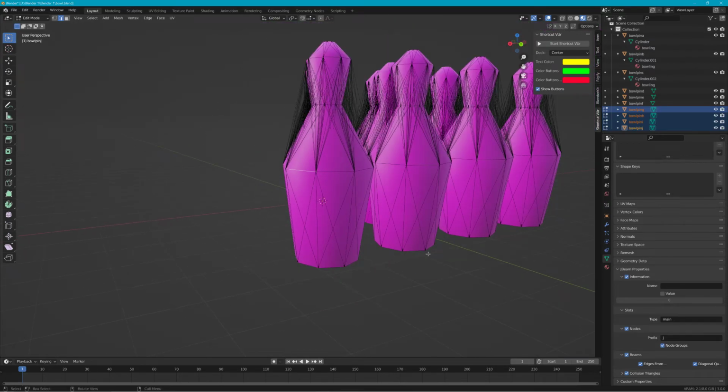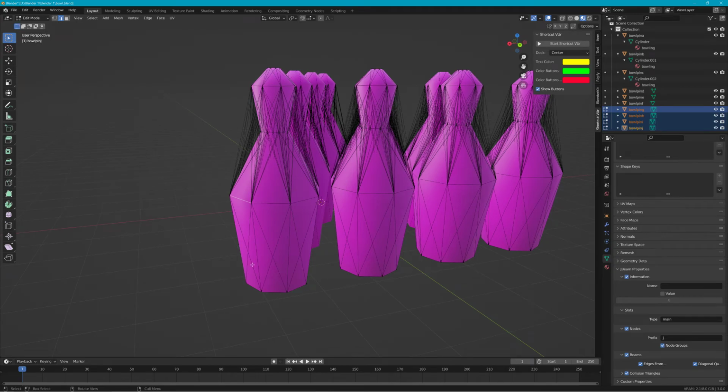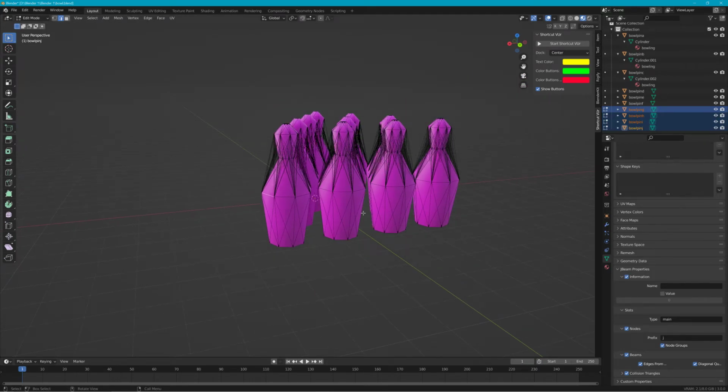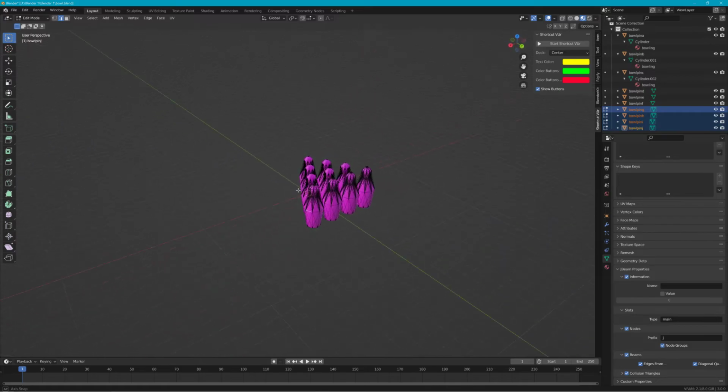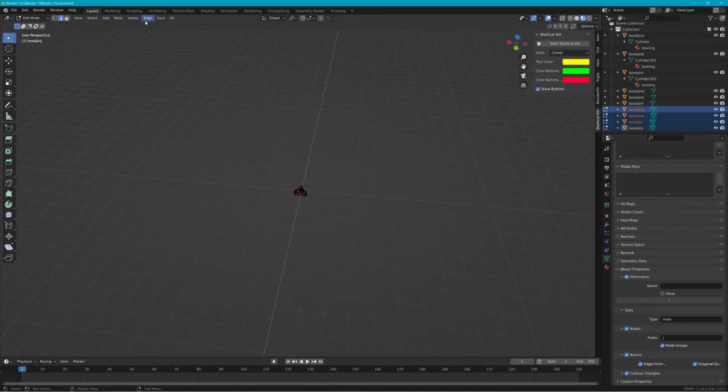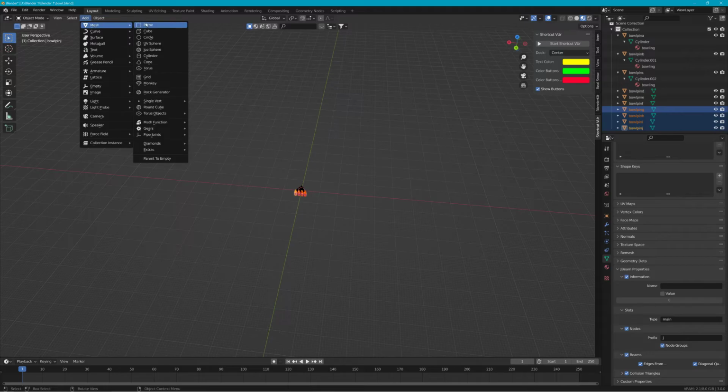So if I were to make a floor, then I'd have to tessellate the crap out of it to make enough beams for the pins to not fall through the floor. And I'd have to raise the pins up higher, then that'd mean I have to redo all the nodes for all the pins because it'd be on a different z-axis. So I'm just going to do it this way. I'm just going to make an object that's just a floor. Add mesh plane,